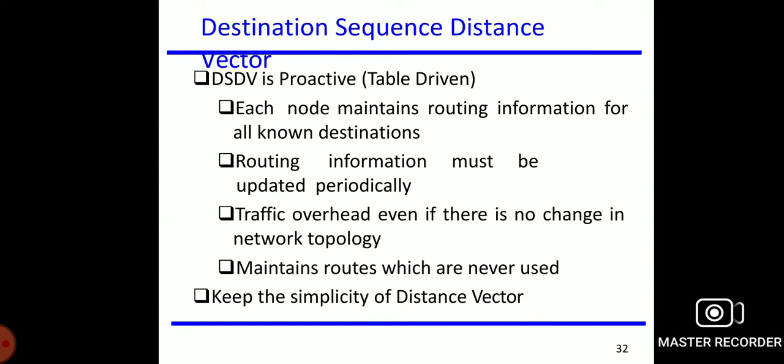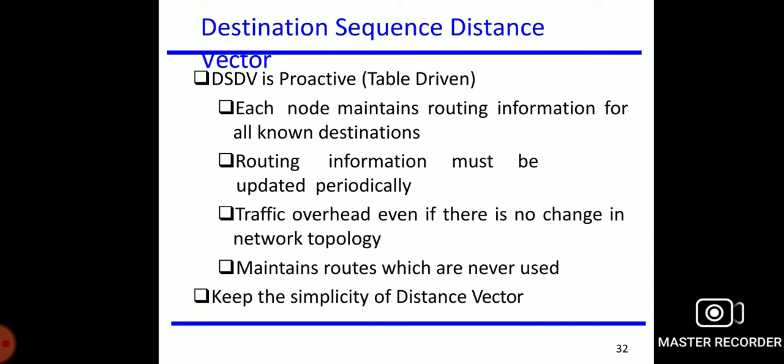There is traffic overhead even if there is no change in network topology, and it maintains routes which are never used. It keeps the simplicity of distance vector. Now, it guarantees loop freeness.